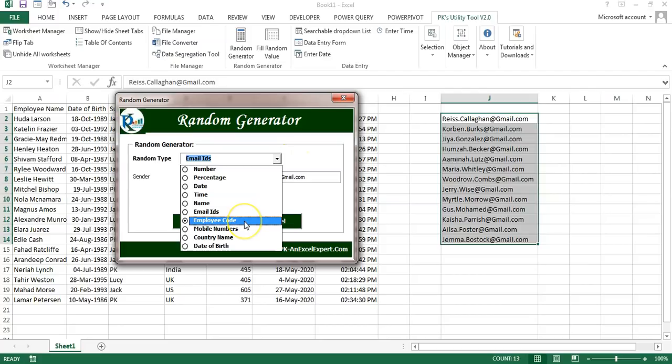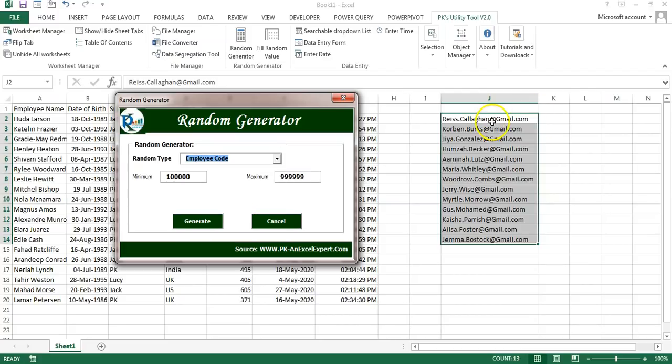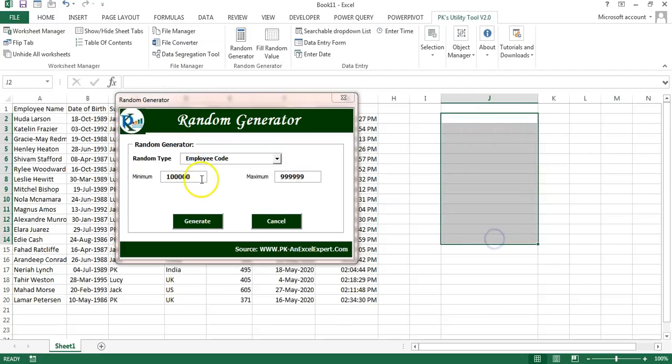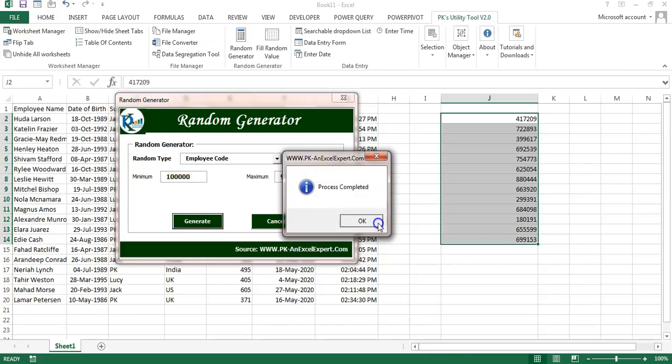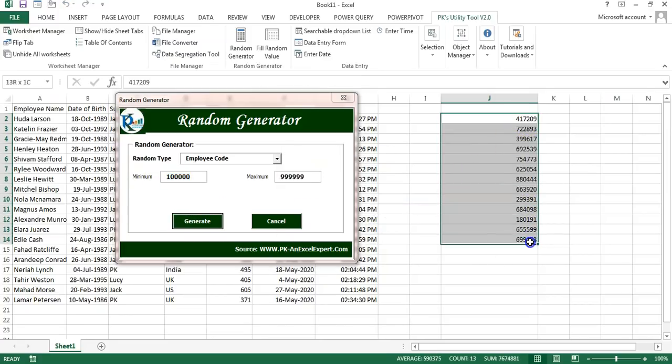Now I'll show you how you can create the employee codes also. So let me delete this. Employee codes are just like a number creation. So we have given, let's say, from this number to this number it can generate. So you can see this can be an employee code. But if the employee code is, let's say, 5 digits long in your organization, then you can remove 10 from here and 19 from here, and it can create the random employee codes.